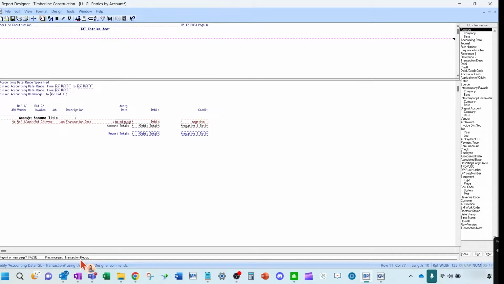Okay. And we'll get into that a little bit later as to why I might want to change that or summarize that up as we get into this. So for example, if you look at the account and account title, that's only printing once per account. We don't want to print it every line, every transaction. It'll take up too much space. We want to print it once per account. And then the same thing for your account totals. It's going to print at the end of the account. Okay. So you can kind of see these print controls and how they function.